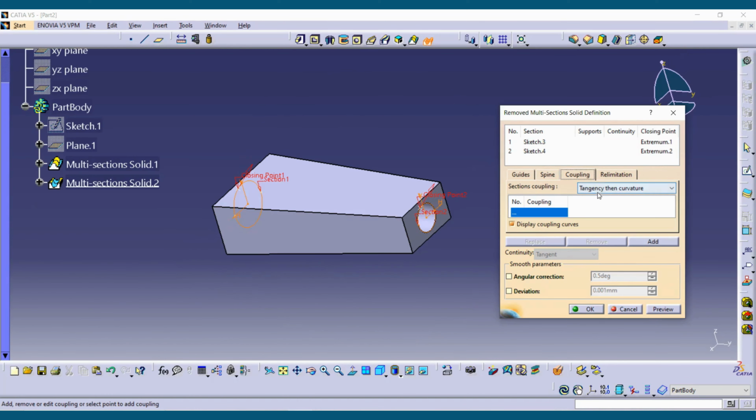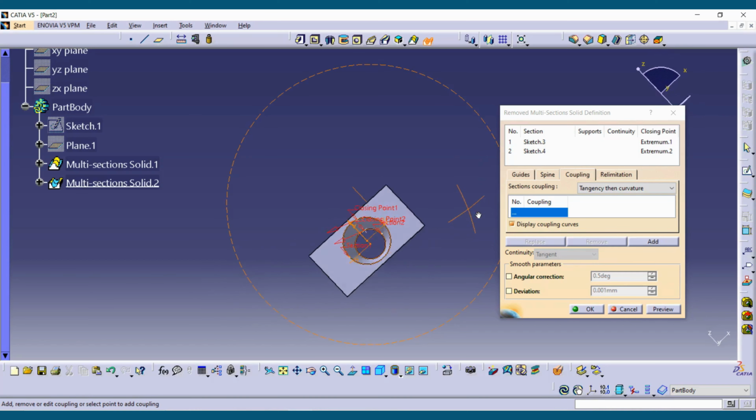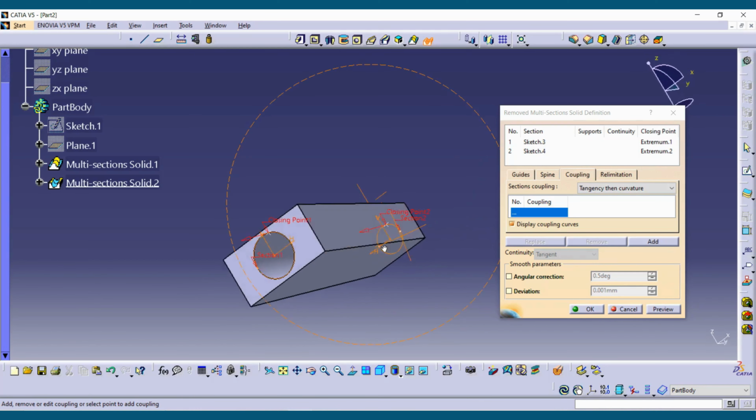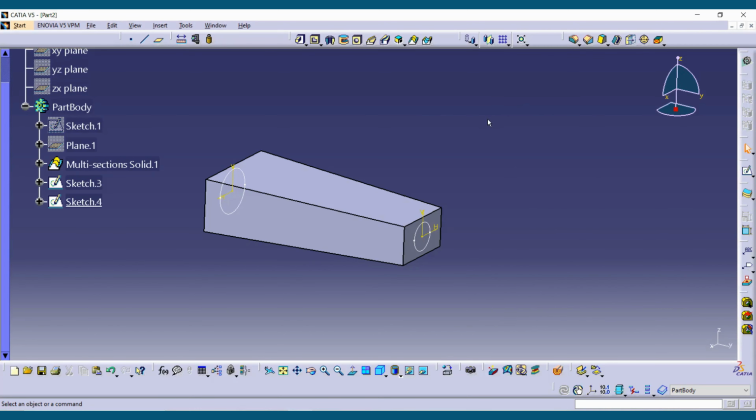The coupling mode which was used here was tangency then curvature. It is because both the profiles were same. So in this way you can remove the material by using multi-section solid. But now if I change the scenario and take the profiles as different, then I'll say cancel, undo this, select